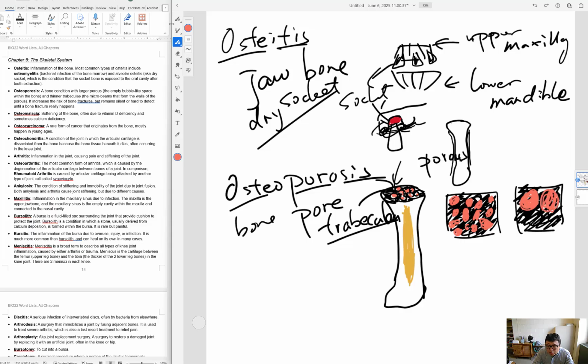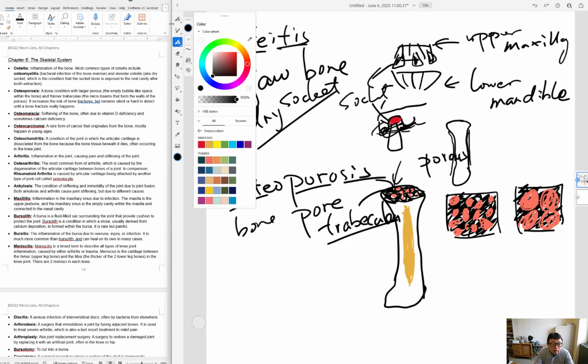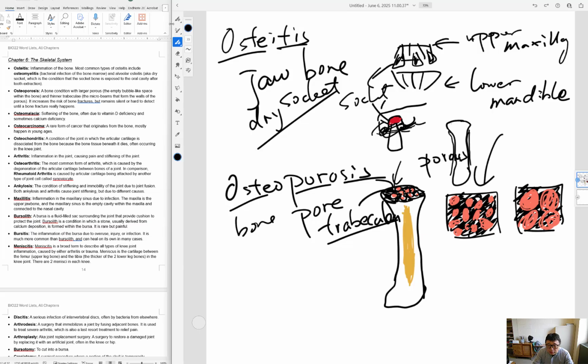In the other case, you have a bigger pore and a thinner trabeculae. So you can tell that this one is stronger and this one is weaker. And this condition we call